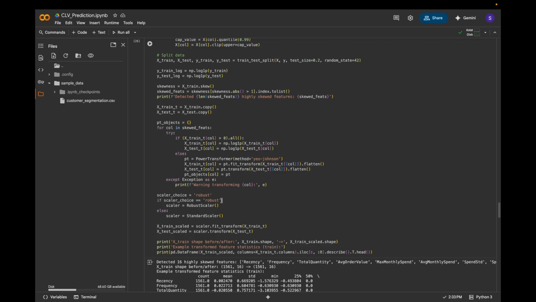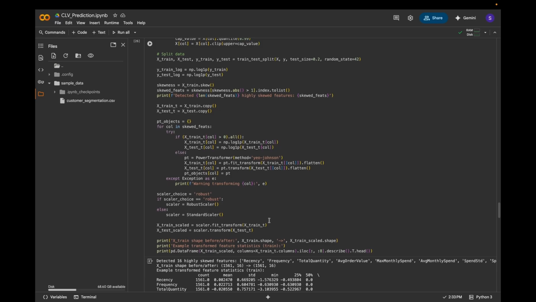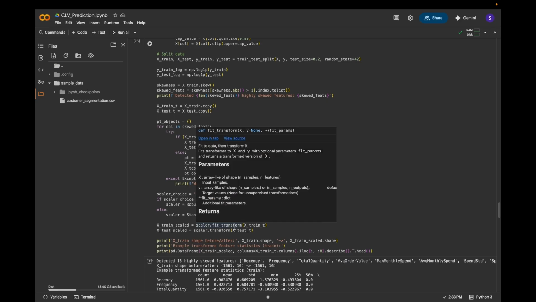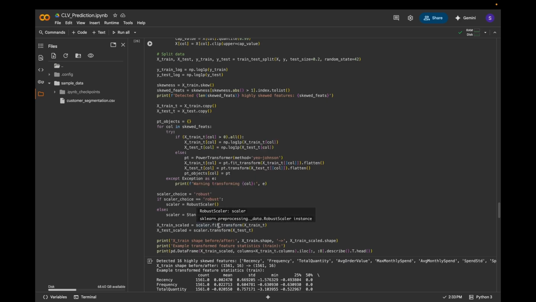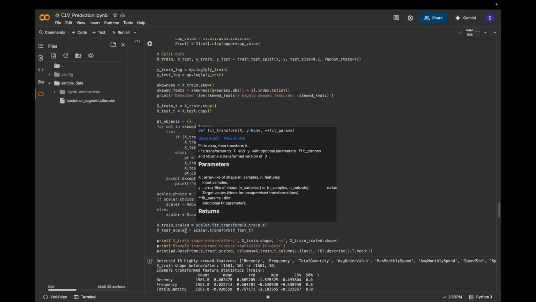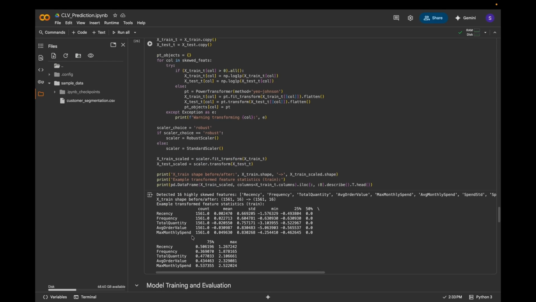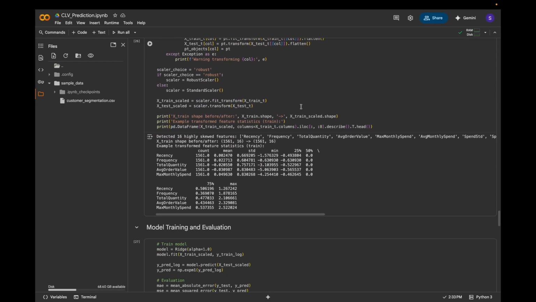Basically what this block of code does is choose the robust scaler as the default because it's less sensitive to outliers. Else we use the standard scaler. Then we have x_train_scaled equal to scaler.fit_transform(x_train_t), and x_test_scaled equal to scaler.transform(x_test_t). This block of code fits the scaler transformation on the training and testing sets. Then afterwards we print out the shape of x_train and x_train_scaled, and then we print out